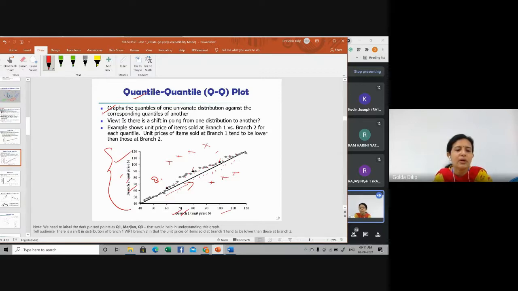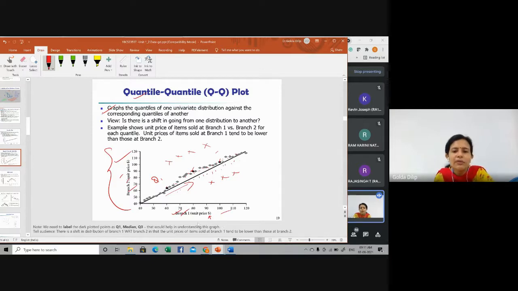Same way for Q2, the 50th percentile, which is somewhere near 78. So 50% of the items sold at branch 1 are less than $78.